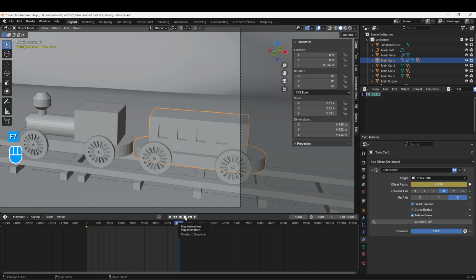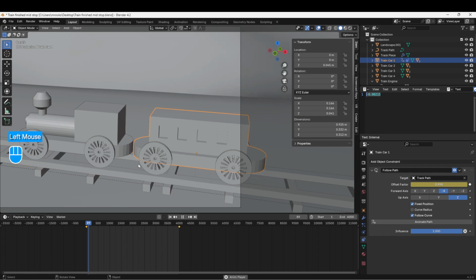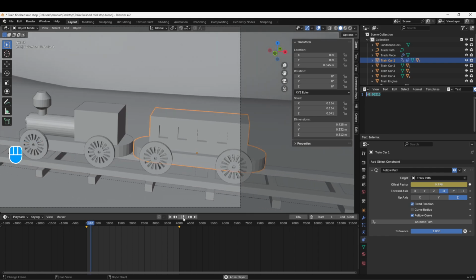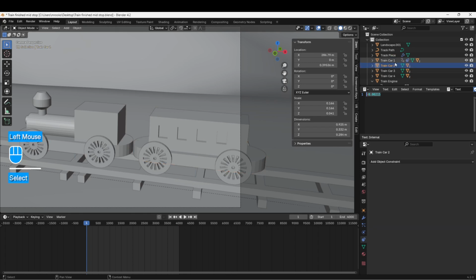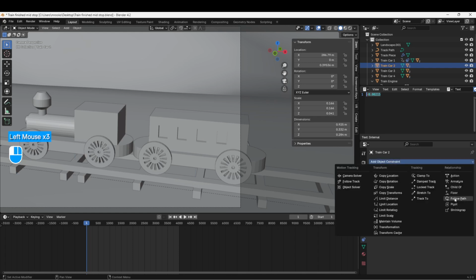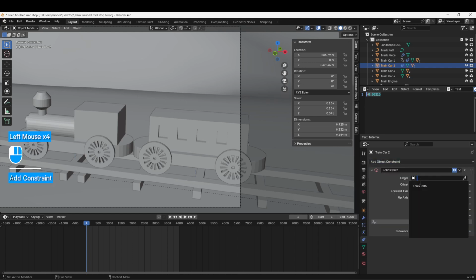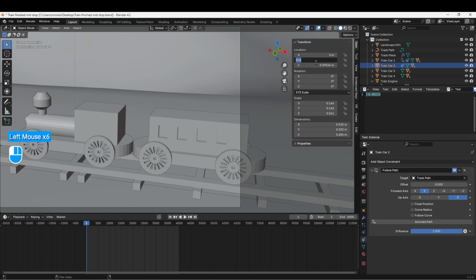So if we hit play, this train car will now move along with the front one and they'll go together all the way around the track. So let's pause this, go back to our beginning, and we want to repeat the same process for our other train cars. So you can select it in the outliner. You can go to constraints, add follow path, select the path you want it to follow, change our numbers,